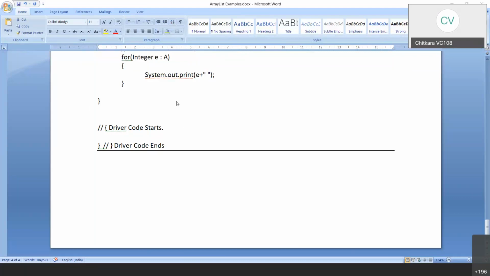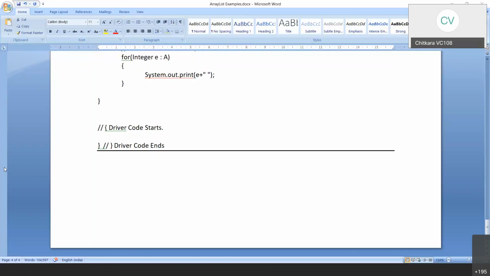If n is 4 and these are the contents of the array, your output should be 1, 2, 3, 4 in an array list.